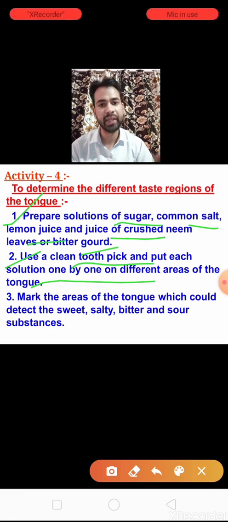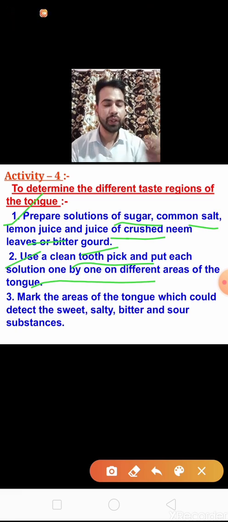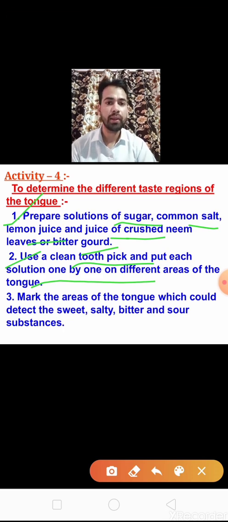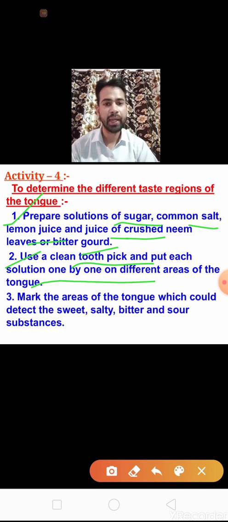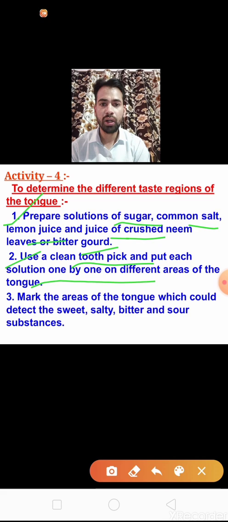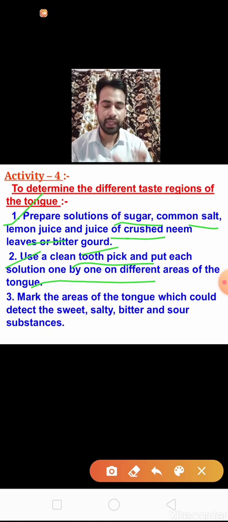What is the taste of the third region of the tongue? Last, take a small amount of juice of bitter gourd or neem leaves and put it in the last region of our tongue and record what we have felt. You can make a table and record your observation.